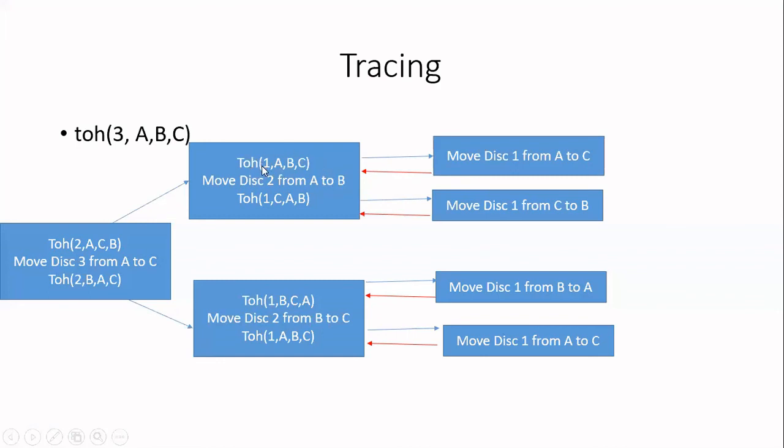Now, because of this only, this statement is printed. That means it is over. What is the next statement? Move disk 2 from A to B. So that also printed. This is the second output. First output is this one, this is the second output. After this, you have called this one. For this, you went to this place. So you print this statement now: move disk 1 from C to B. This is the third statement.